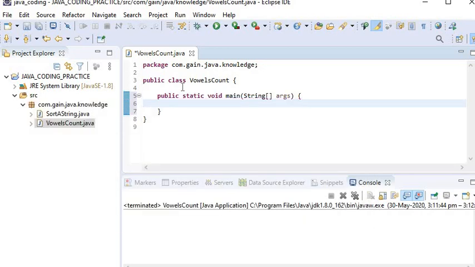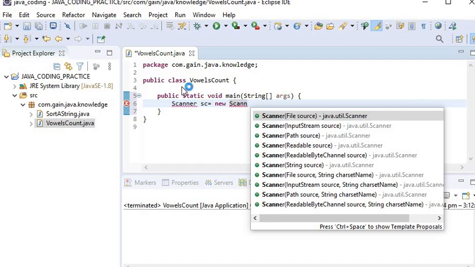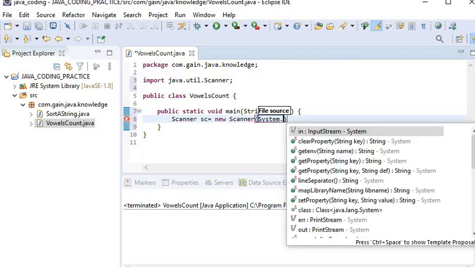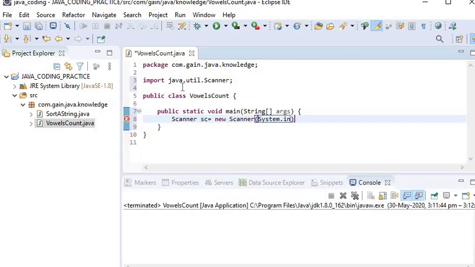and here I will use the Scanner class to provide the input, so the user can enter any input value with the help of the Scanner class.